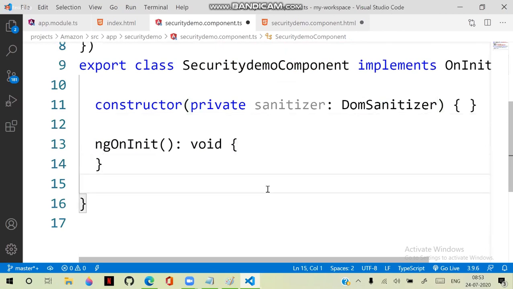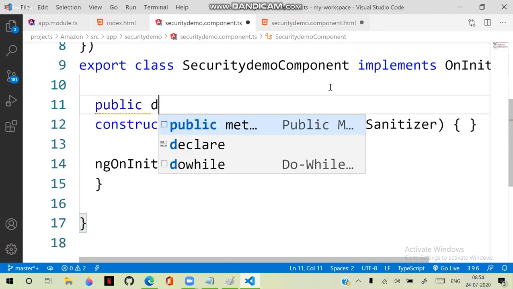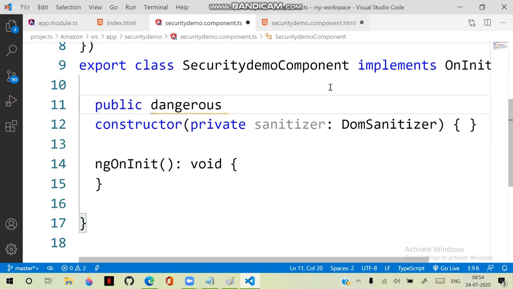After configuring that DOM sanitizer, I am writing some logic. In the constructor, we are defining some content, which is just like a URL. Suppose a public dangerous URL, an XSS URL.